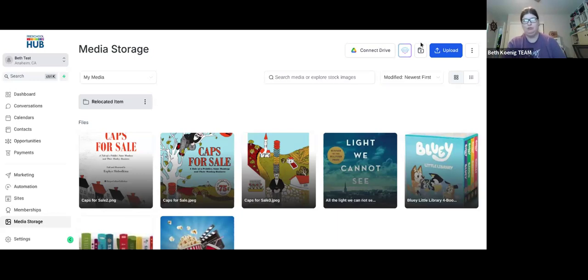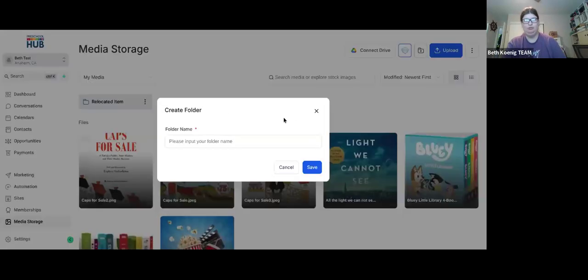So the first thing I'm going to do is I'm going to make a new folder because these are going to be my PDFs that I want. Maybe I want as a lead magnet, or I just want to have it as something that I can give parents or whatever, right? So I'm going to say PDFs for website because that's usually what I say. PDF for web